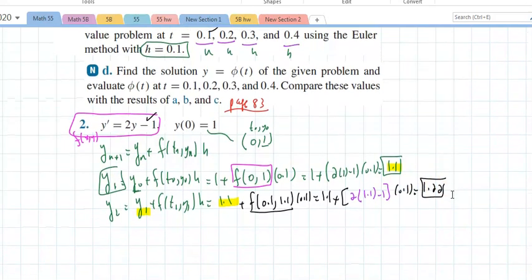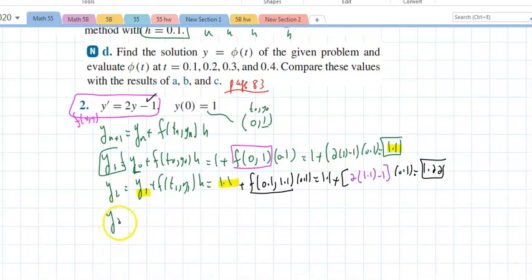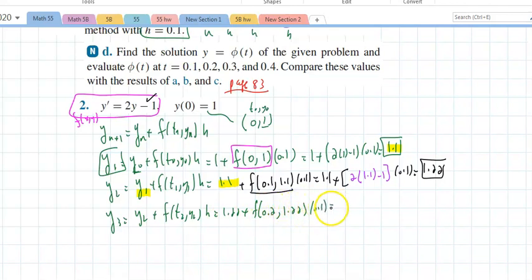And if I go for y sub 3, that's y sub 2 plus f of t sub 2, y sub 2 times h. That's 1.22 plus f of t sub 2, which is 0.2, 1.22, times 0.1. Again, if I plug in, there's no t in there, there's just y, so that's 1.22 plus 2 times 1.22 minus 1 times 0.1. Throw this in my calculator, I'll get